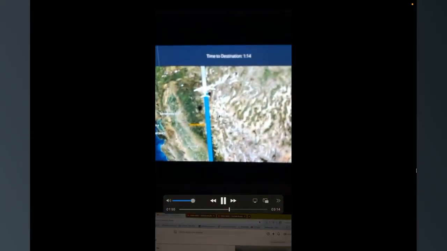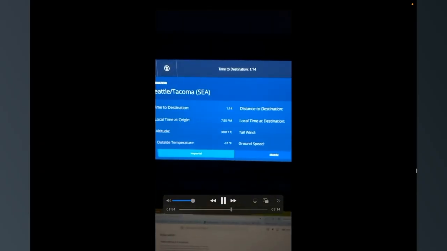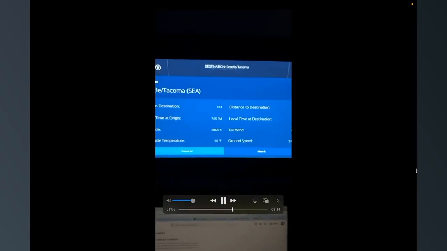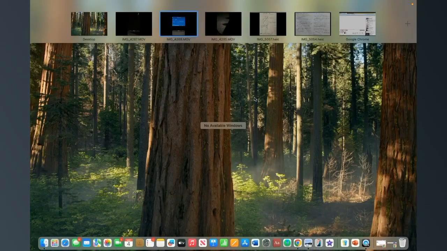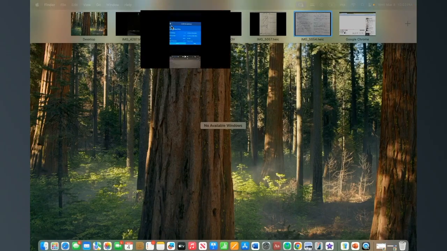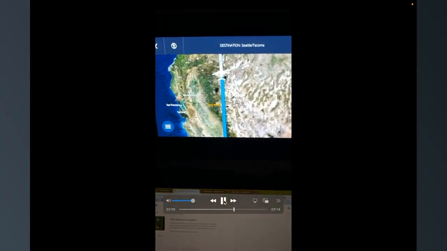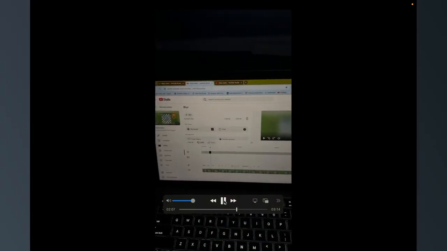And when I click save, look at that bar. This is the time it takes light to travel 4 times the distance and the computer processing speed combined together. 4 times the distance of 38245.12 kilometers. So the speed of light is incredibly fast. So again,